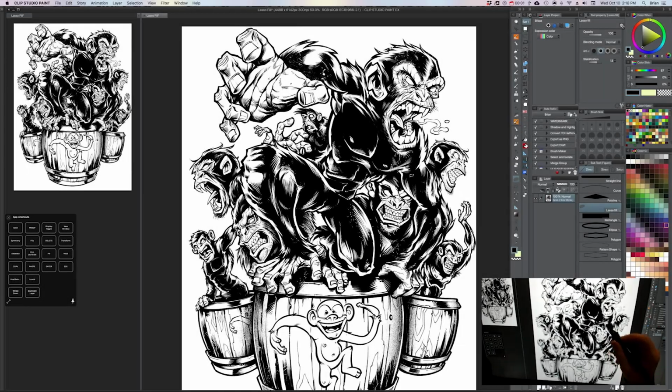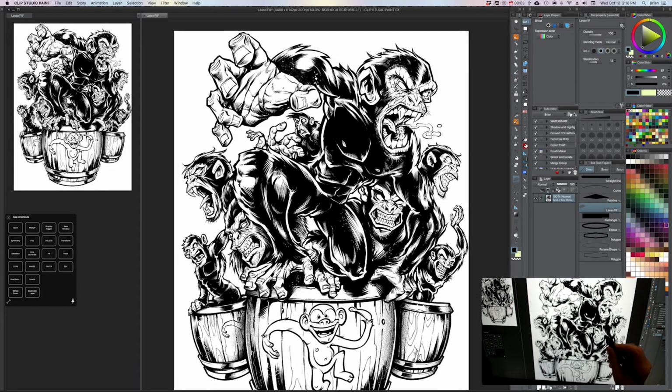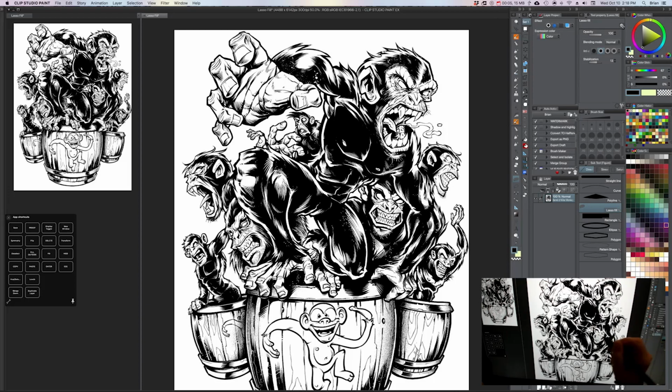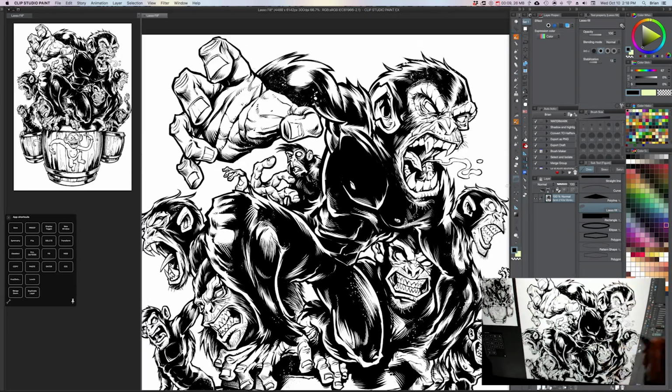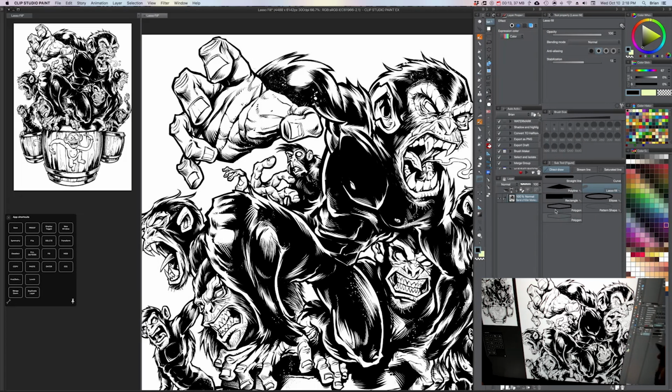Another one of my favorite tools in Clip Studio Paint is the Lasso Fill tool. A lot of people have asked me where they can find this tool because it's not immediately apparent. It'll be in the Direct Draw tools. That's where you'll find the straight line and the polygon and the curve, ellipse tool and all that. So if you go to the Lasso Fill,